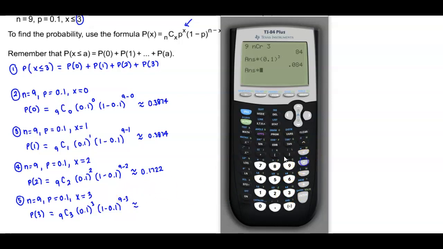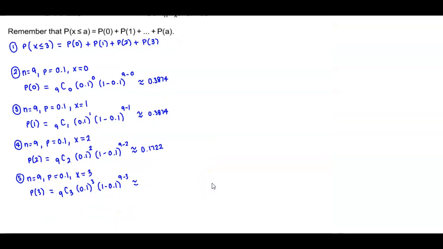And then we're going to multiply that by 1 minus 0.1 raised to the power of 9 minus 3, which is 6. And then we're going to round that to 4 decimal places, which gives us 0.0446. So that gives us 0.0446. So therefore, if we want to find the probability of x less than or equal to 3,